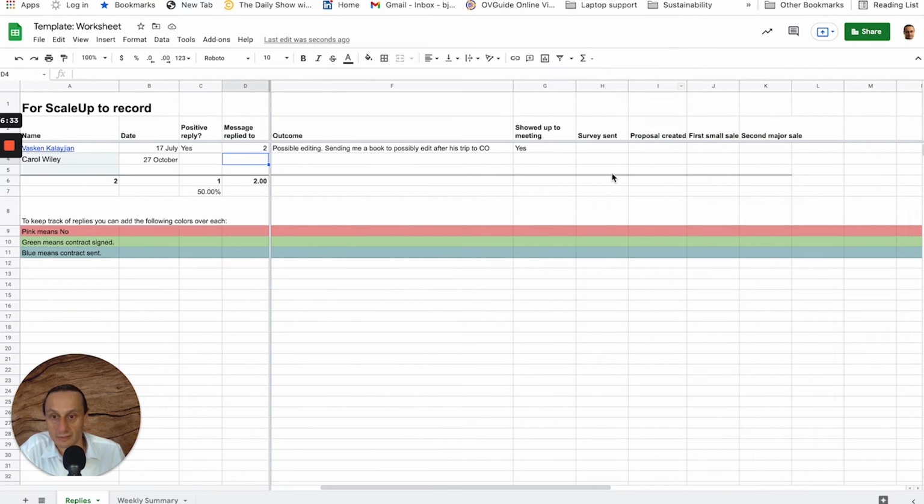However, if you're just getting started, I suggest you just write down the name, when you reached out to the person, whether or not there was a positive or negative reply, and optionally which message they replied to if you're sending more than one message. If you do this for a larger data set, maybe you're reaching out to 10 to 50 people, you're starting to collect information about what works and what doesn't work. So you might want to take the opportunity to add additional fields based on the type of strategy you used for reaching out to the person.